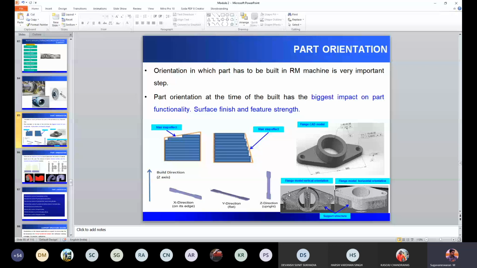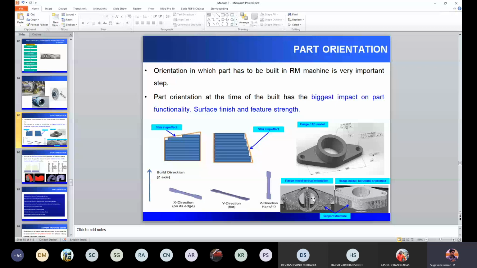Whereas in the second case, if I apply a load in this direction, the layer is printed in a single contour, so the interface is along the axis of a hole. But in this case, the interface is perpendicular to the axis of the hole. So you have to decide whether your load is perpendicular to the axis of a hole or along the axis of a hole.